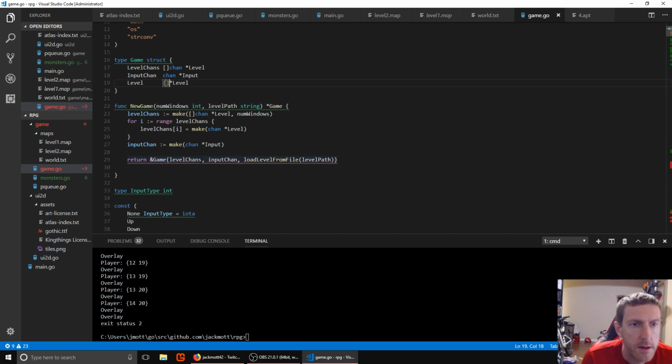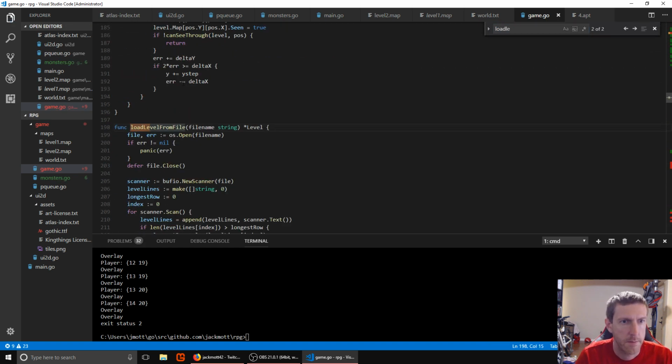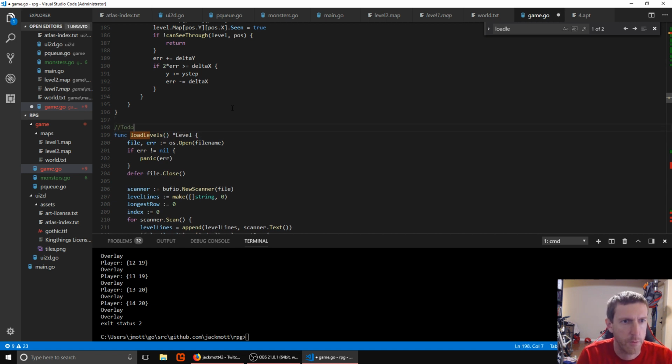And we will need to make load level from file, load levels from file. We'll just call it load levels. So this will be load levels now. And rather than taking a file name, we're not going to take in anything for now. Eventually what we'll probably do is